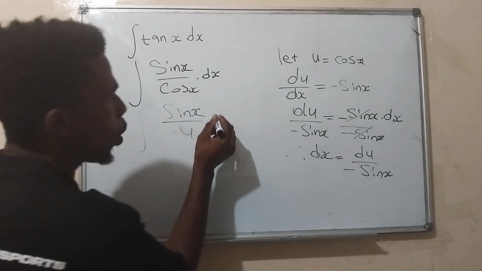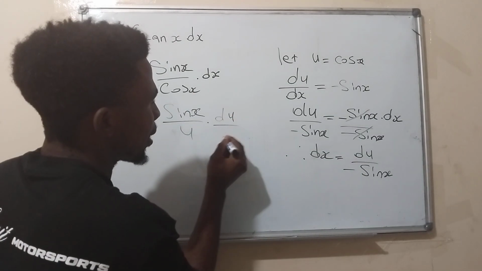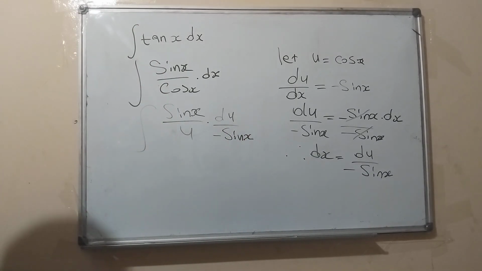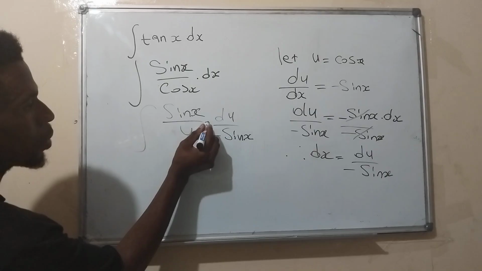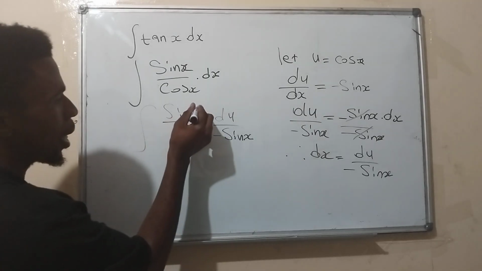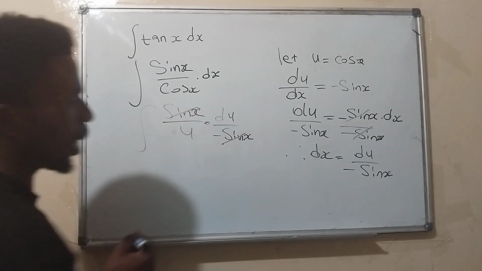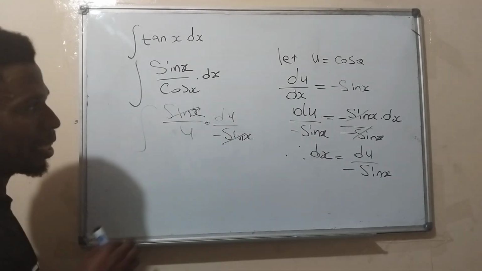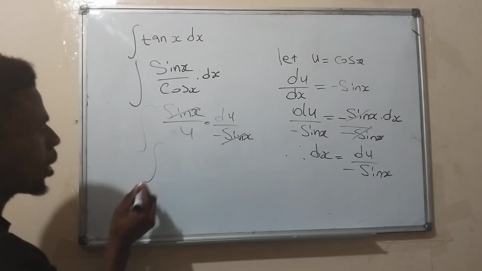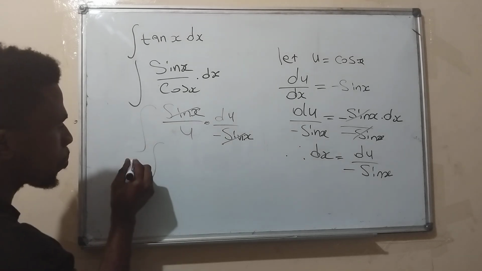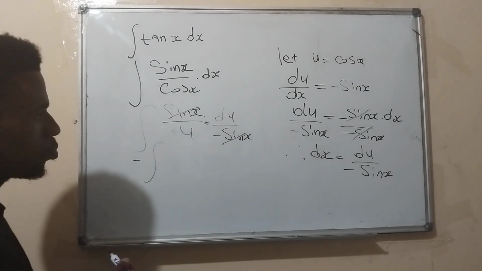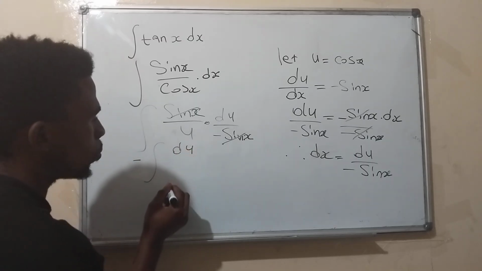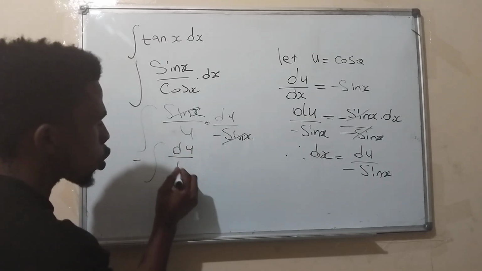Here we have the multiplication sign, which means this and this will cancel out. But we have the negative sign, right? Which means here we have the integral of negative du over u,